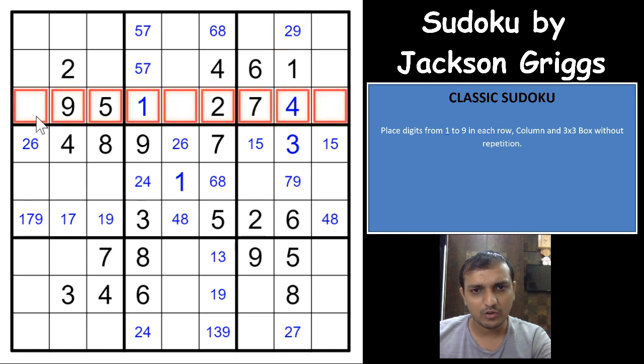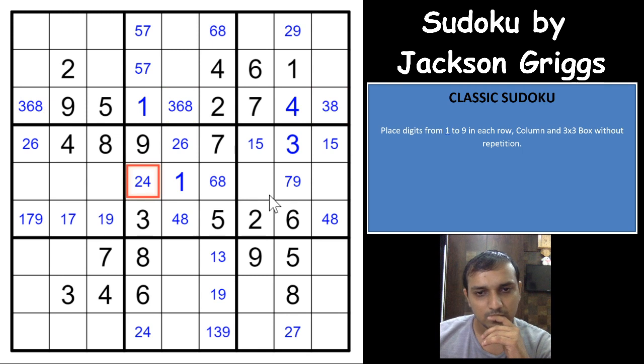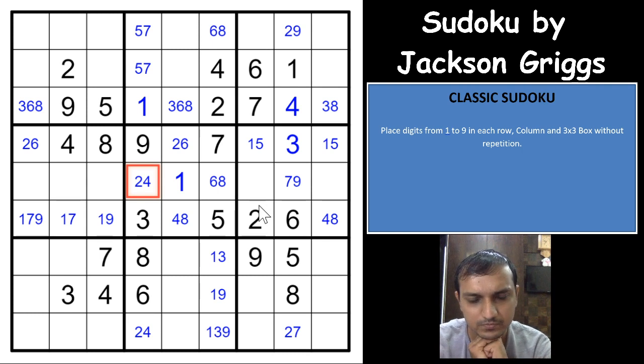Same way, let us see, you already have 6 digits here. So 3 digits left: 3, 8 and 6. 3, 6 and 8. Because of the 6 you will have 3 8 here, 3 6 8, and you will have 3 6 8 here as well. Nice. So anything else we get here? I suspect we need to find some naked singles here, hidden singles maybe.